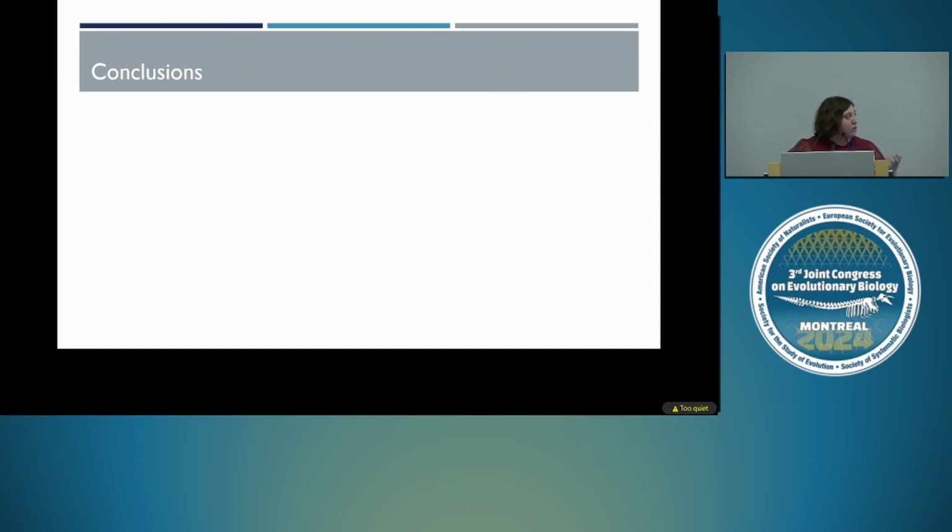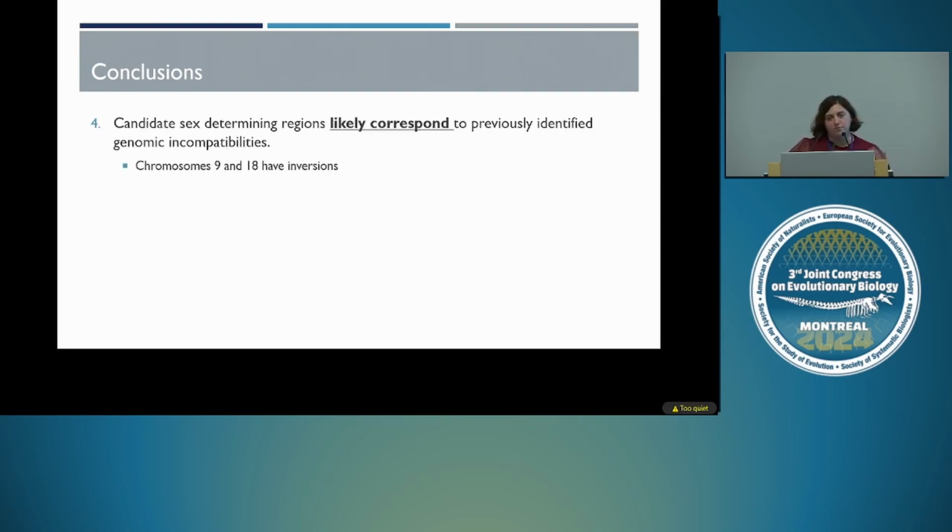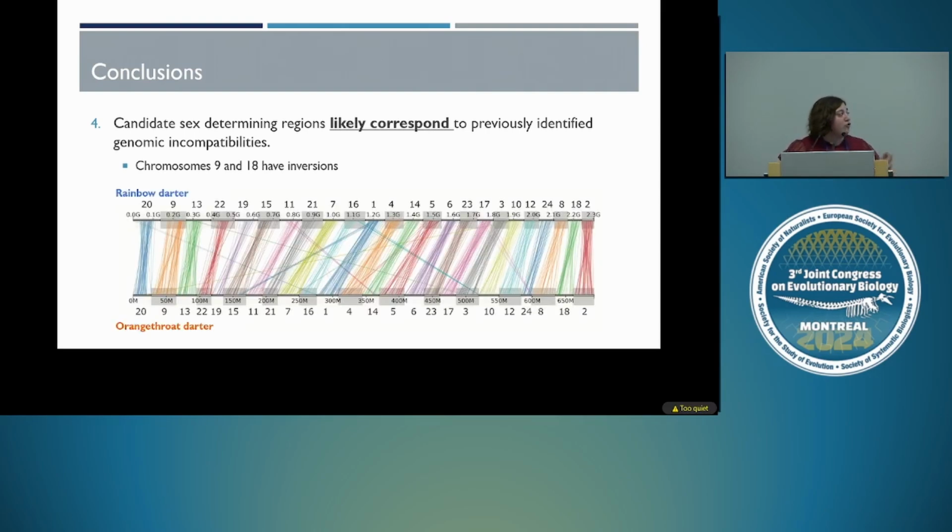And then we also wanted to know if these correspond to areas that we've already identified as areas of genomic incompatibilities. And we do see that chromosomes 9 and 18, which are where our candidate genes are located, and where we had strong sex association and differentiation in chromosome 9 in orange throats, do have previously identified inversions. So that is that orange chromosome over there and the green one at the end. And if you look closely, which you might not be able to see,